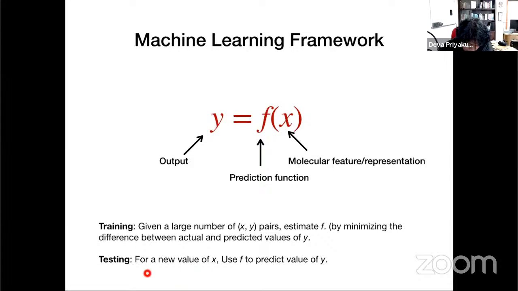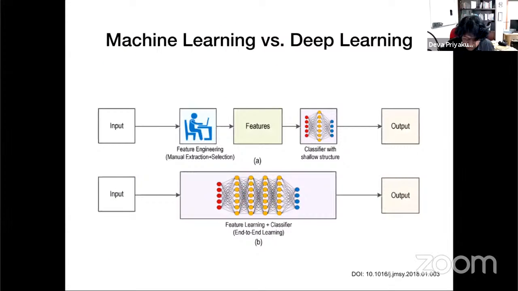And what is testing? Now we use this F. Once the training is done, I have F. Now I take the F, and for known examples, I take the values of Y and predict Y and see what the actual difference is. So for a new value of X, use F coming from training to predict the value of Y and then look at the difference. That's basically what testing is. So that's it. I think we're taking longer, so we will skip some slides possibly.